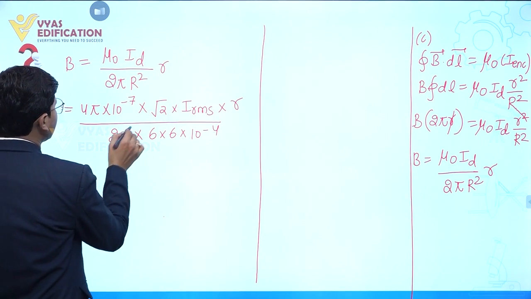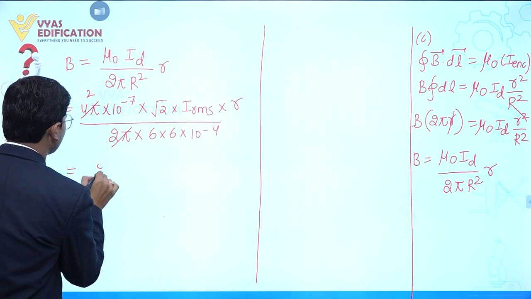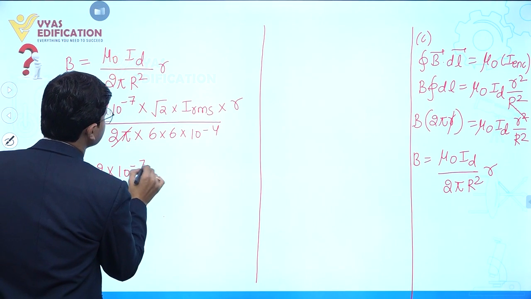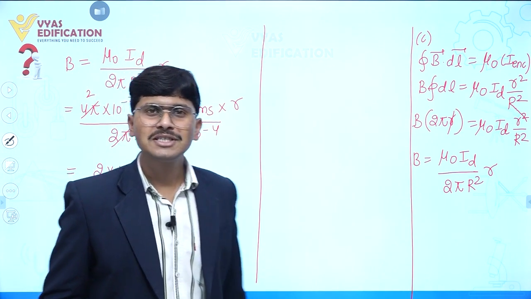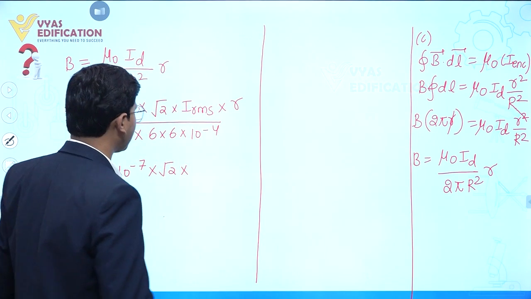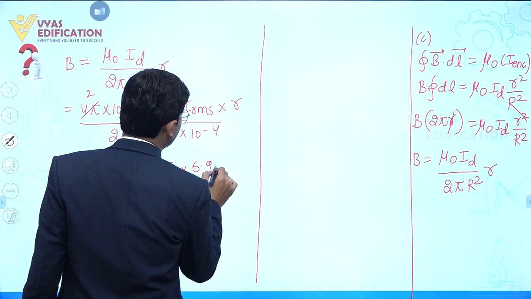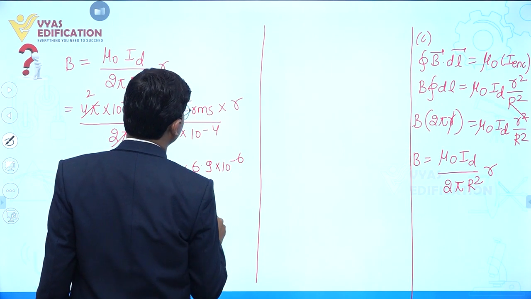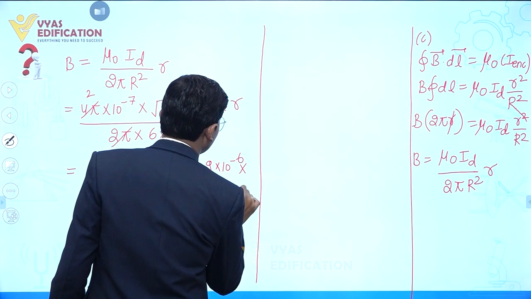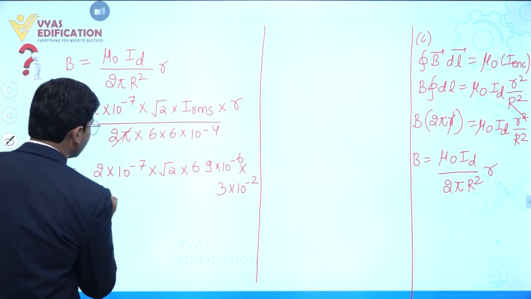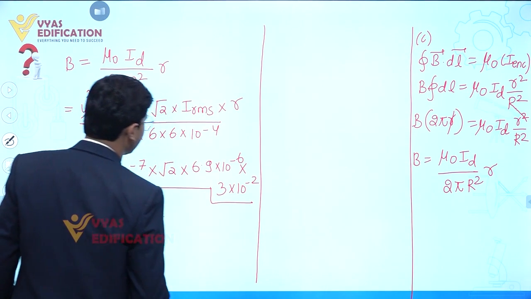Clear? From here we can say this is equal to 2 into 10 to the power minus 7. Clear? Under root 2, I_RMS. I_RMS is given to you, this is 6.9 micro ampere, so this is 10 to the power minus 6. Multiply by r. What about r? r is 3 centimeter, 3 into 10 to the power minus 2. Clear? Divided by